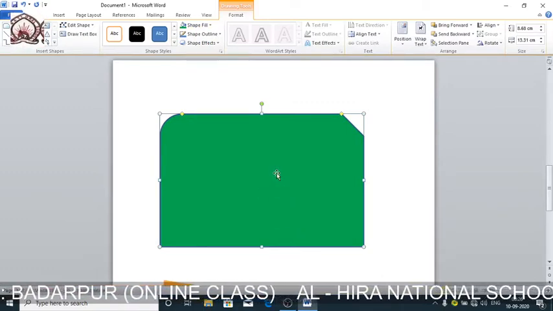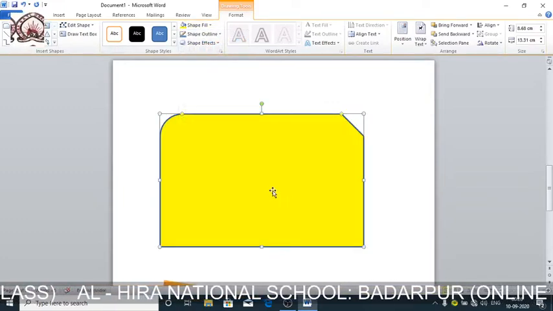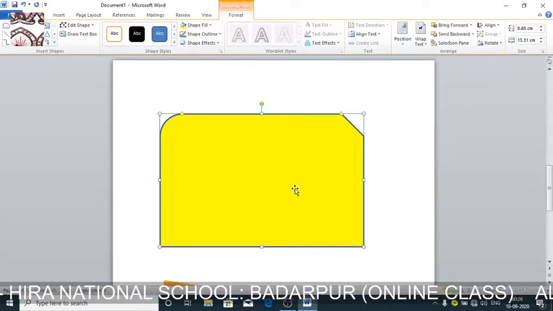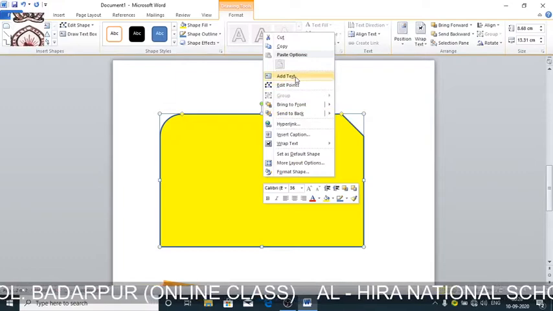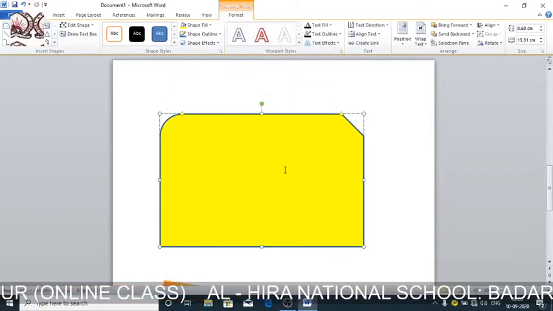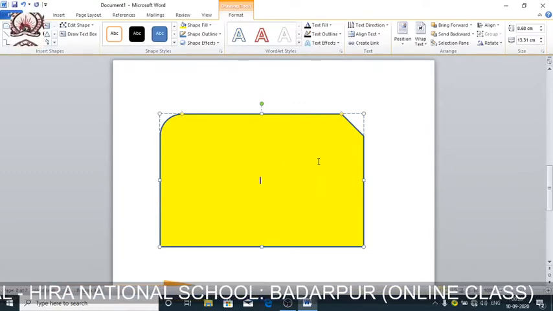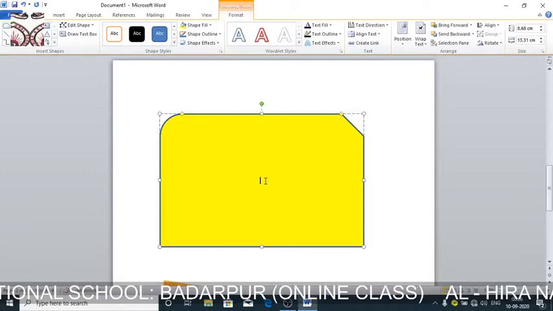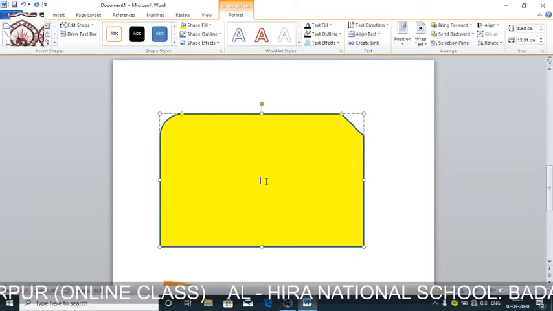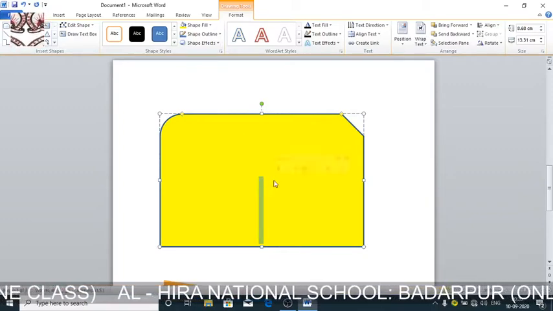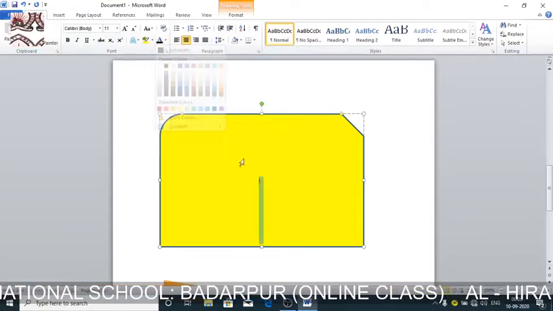Suppose I want to add a text, so what will I do? Let me make it a light color, say yellow. Now what can you do? We'll select the shape we want, then right click, then add text. You can see add text. Now we can add any text. This yellow color is coming because we already changed this format. Let me change it while starting. Let me make it black so that it becomes clear.